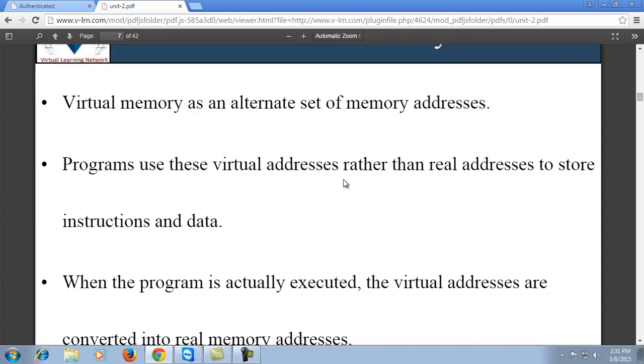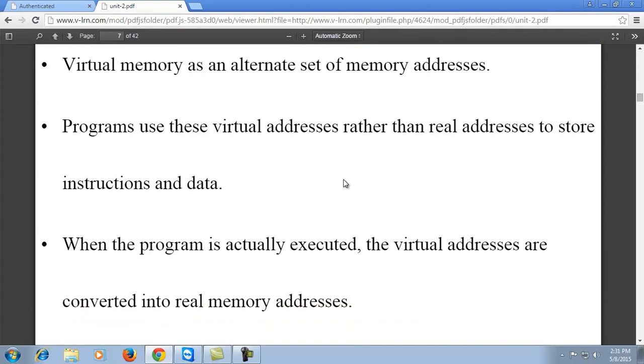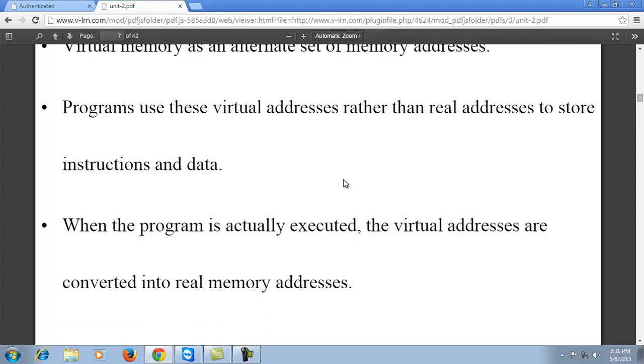When the program is actually executed, the virtual addresses are converted into real memory addresses. So when we run an application and save some content at runtime, it is stored in the system physically, with the virtual address space converted into the physical address space.